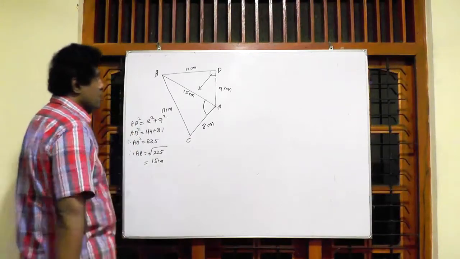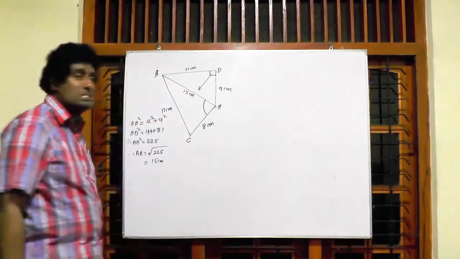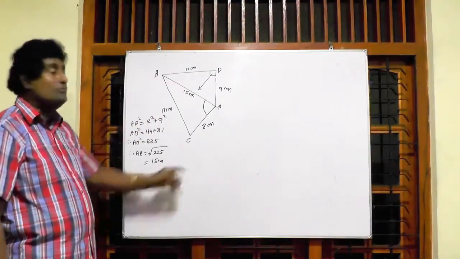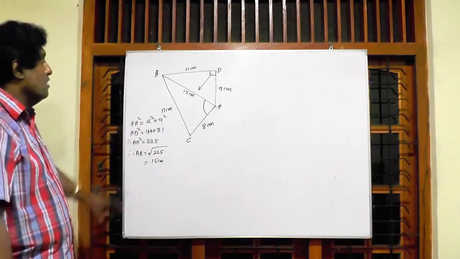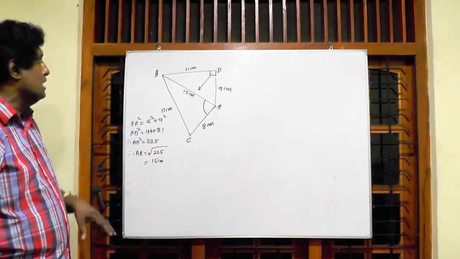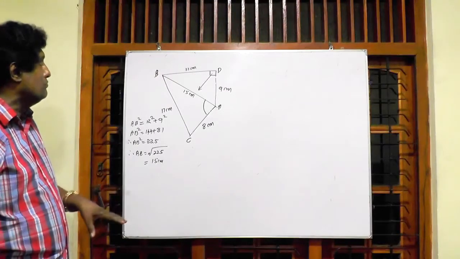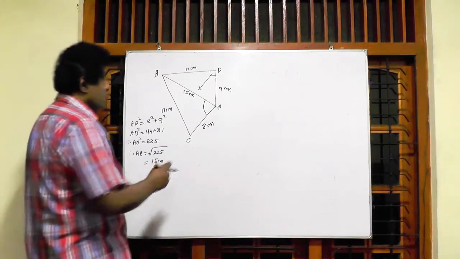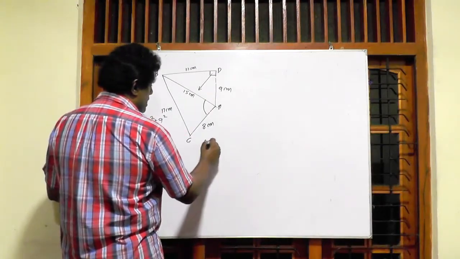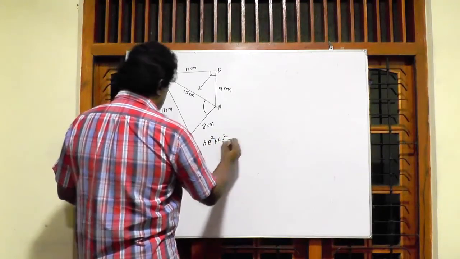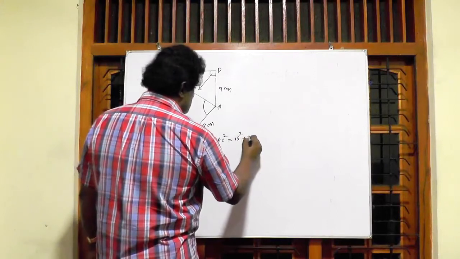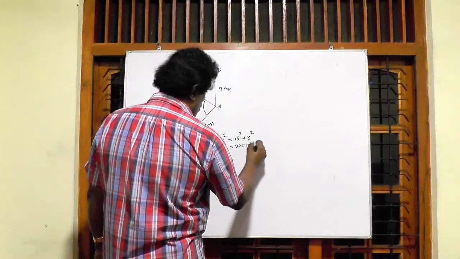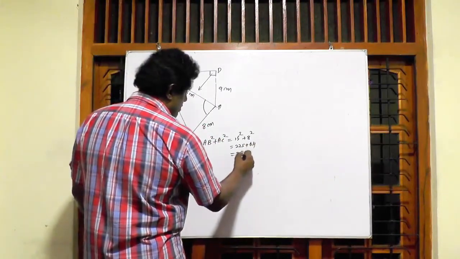Then what is the largest side of this triangle? That is BC, because the length of side BC is 17 centimeter. Now get the squares of the other two sides. Then what is the sum of the squares of 15 and 8? Right, get it? AB squared plus AC squared equals 15 squared plus 8 squared. Then that is 225 plus 64. Then that's equal to 289.